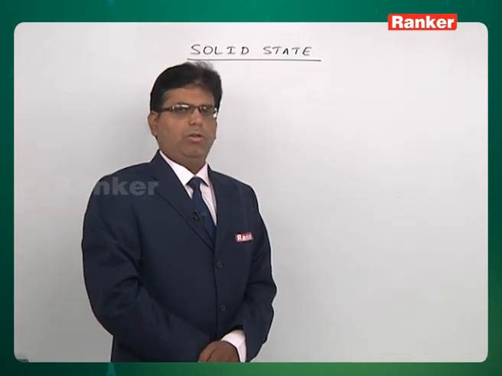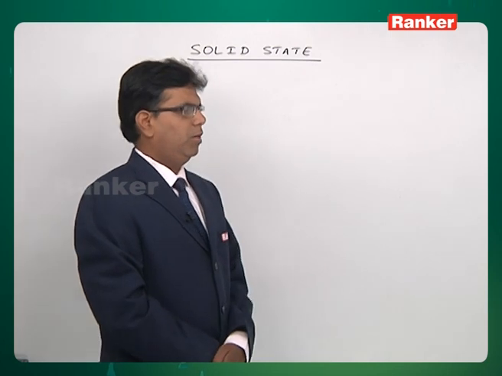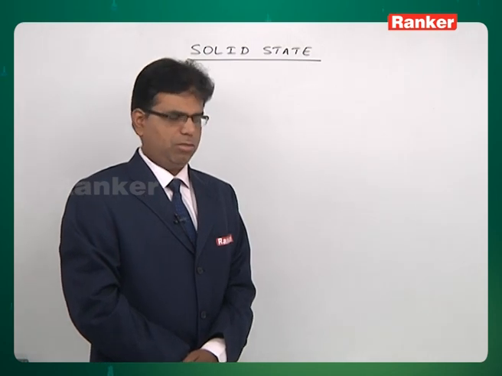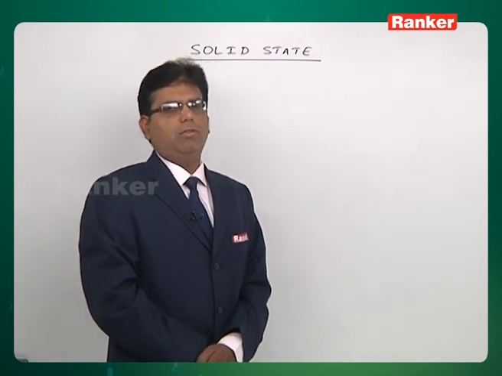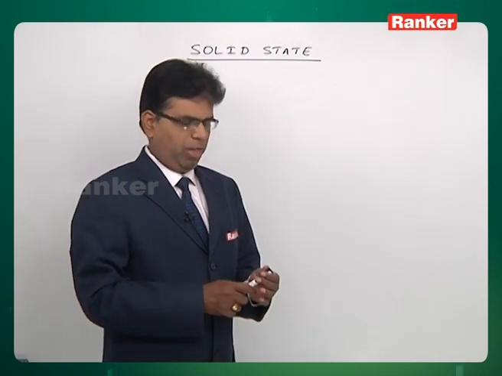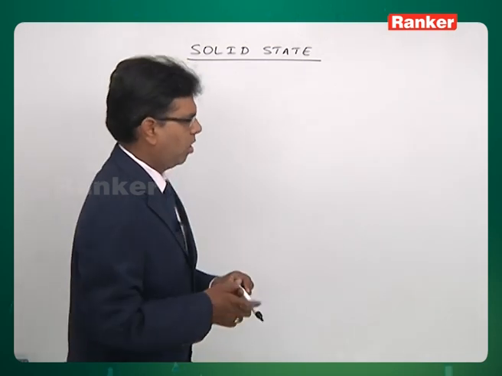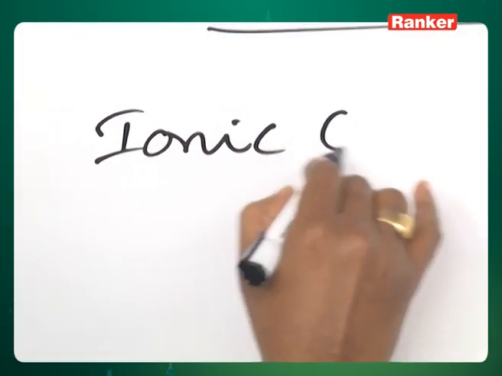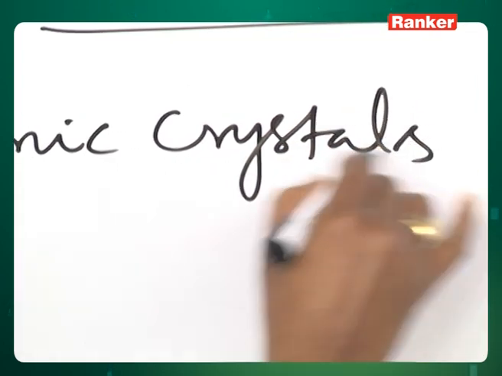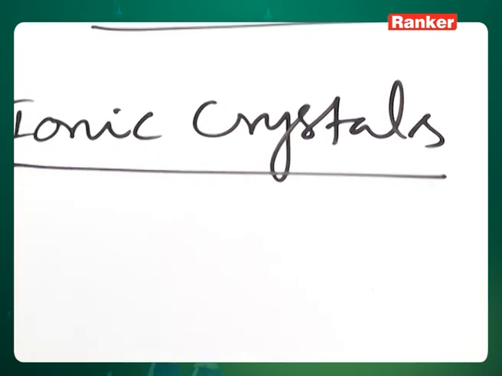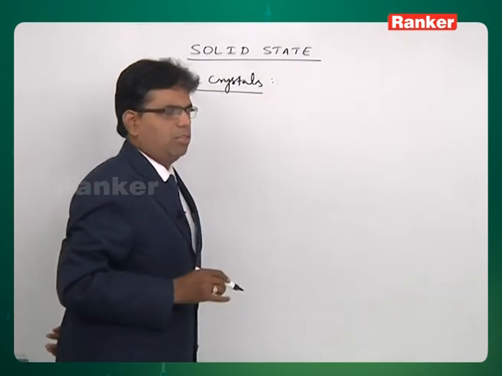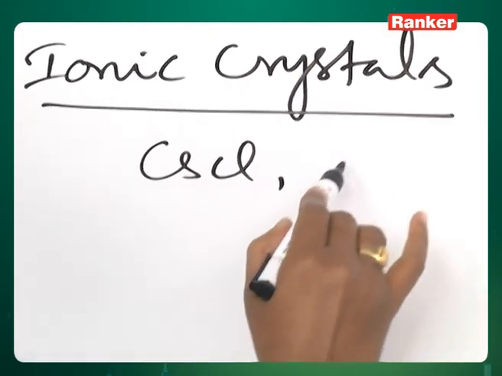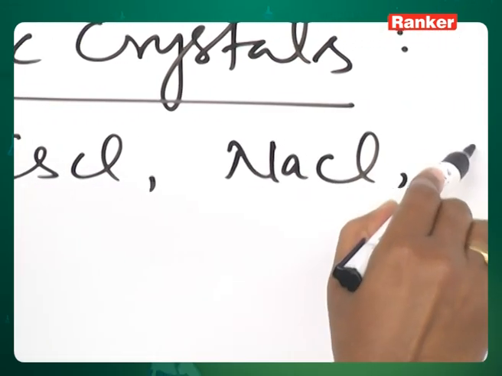Now, the structures of ionic crystals we have to discuss. Different types of ionic compounds will exist in different types of crystalline structures. So, in this we discuss the crystalline structures of cesium chloride, sodium chloride, calcium fluoride,